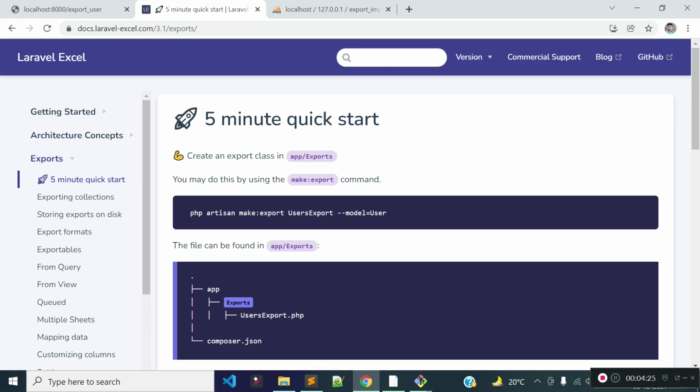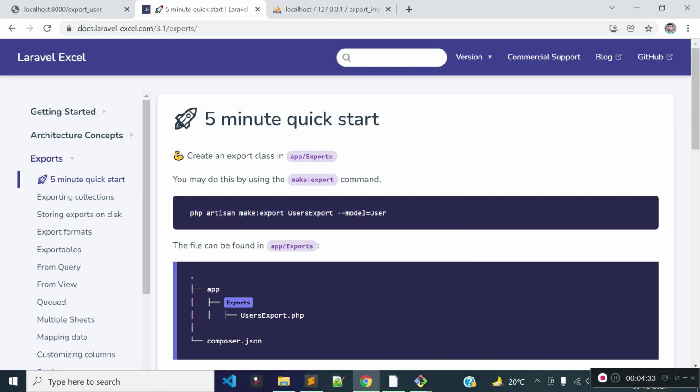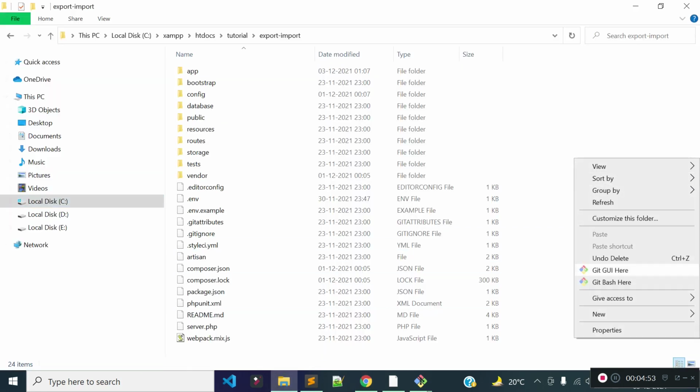In my case, my export name will be UsersExport, and our model will be the User model because we are exporting user data. I want to tell you that because we are using this package, that's why we can run this command. I mean, we successfully installed the Maatwebsite Excel package, that's why we can run this command from our project root, otherwise this command will not work.